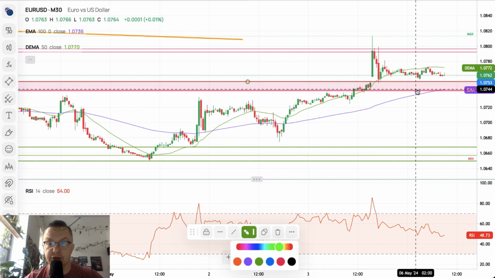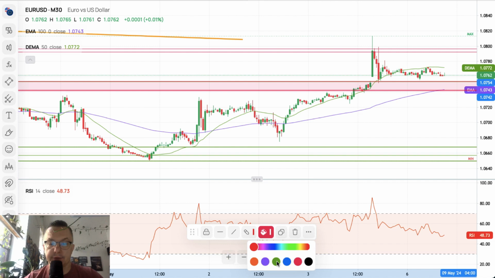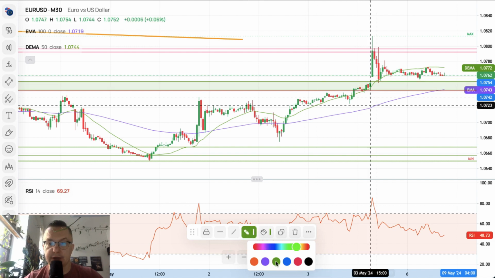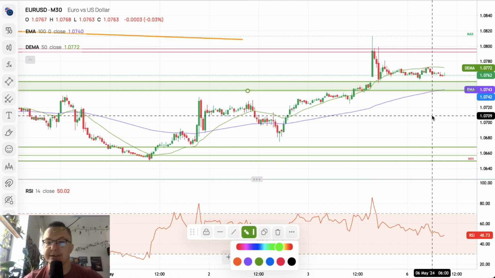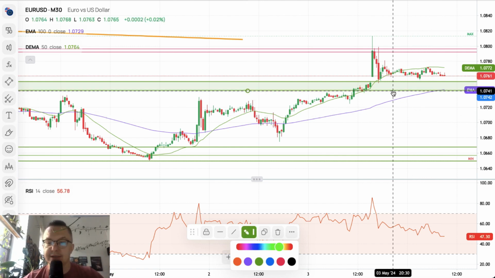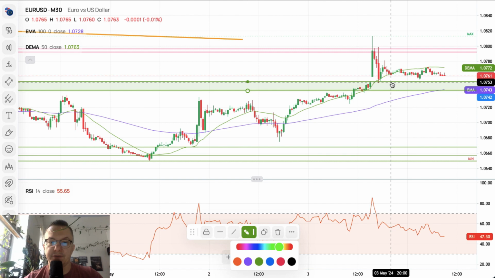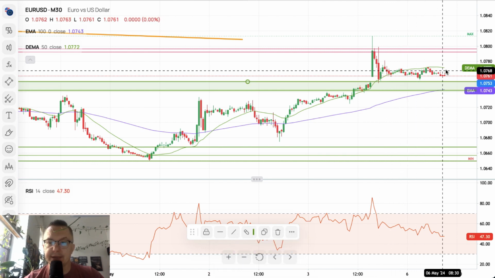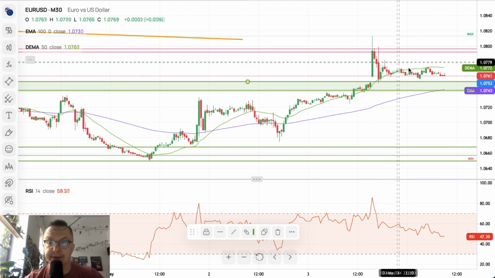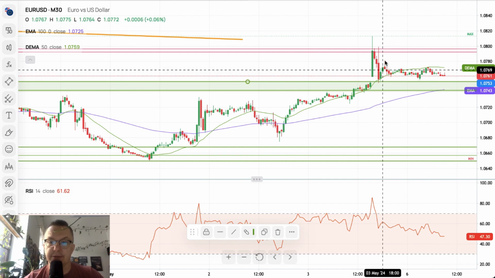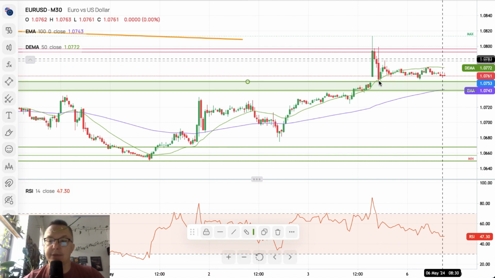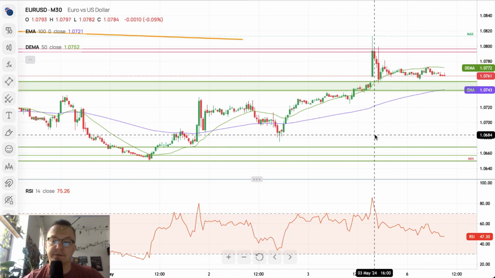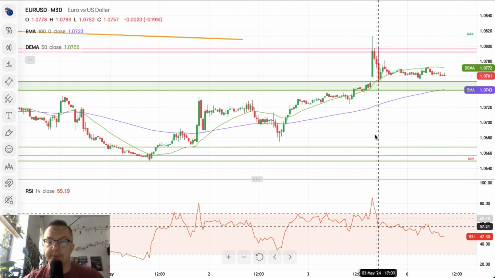So let me just change these colors for you. Right now everything is green, and this one is green as well. So the zone between 1.0741 and 1.0753 is now a demand zone. As you can see, the market is now consolidating in a very narrow zone between 1.0781 and 1.0754, and we are not doing too much because of the little bit